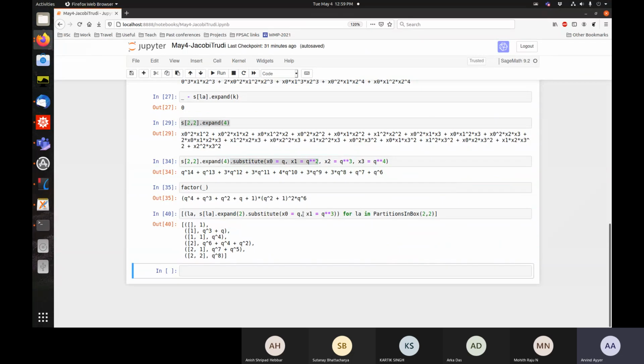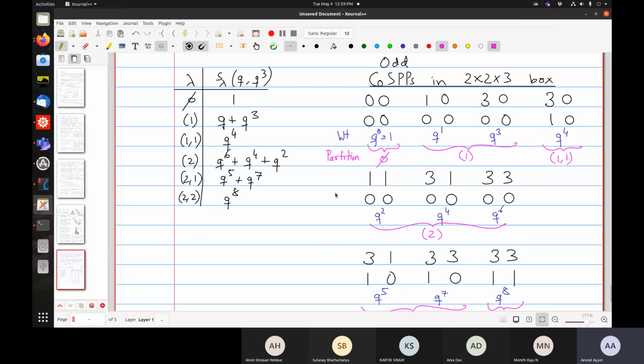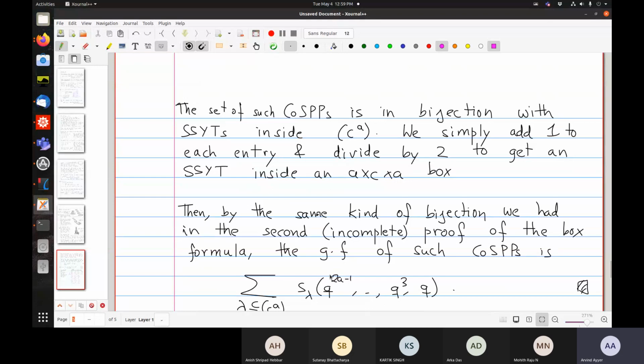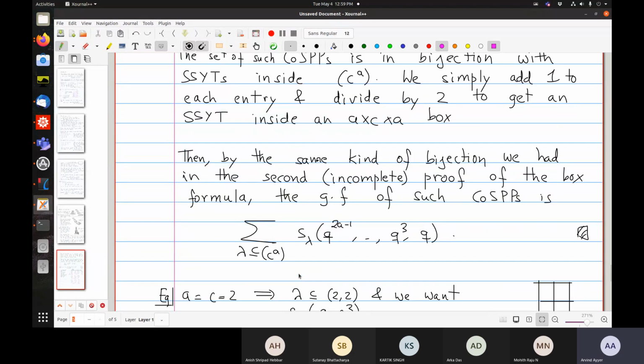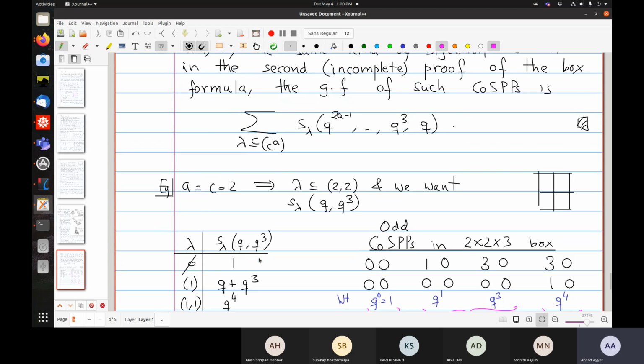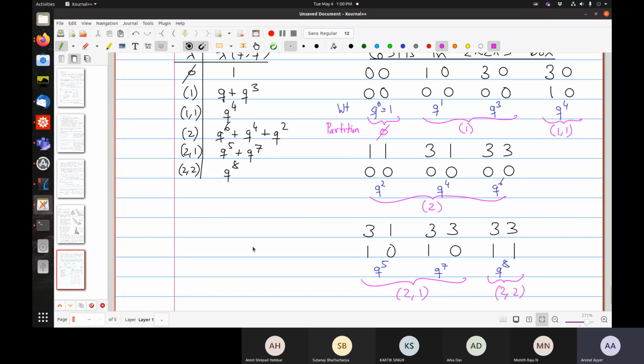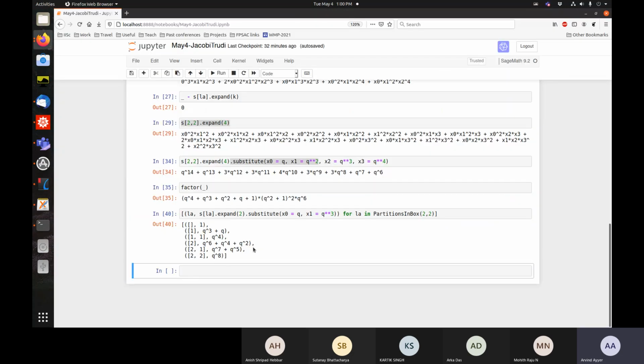Okay, but now what do we do? So earlier we had a Schur function, and so when you do a specialization, you are expecting a nice product formula. But now this is a mess. This is a huge sum. There are exponentially many if C and A are large, and so what the hell do you do? And so just to illustrate this example, let me take the sum over these guys.